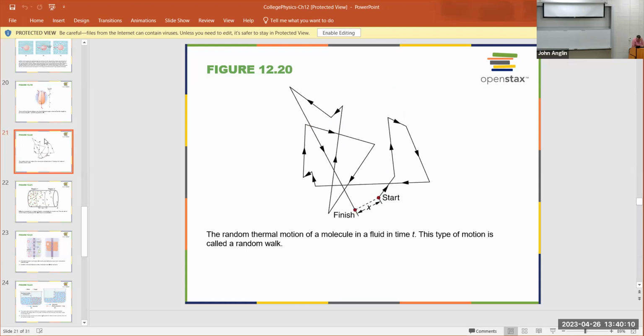Let's see. Yeah, what if it's not constant? This is called random walk. I'm not going to have you do these kind of problems because they're gross. Random walk is important to me as an astrophysicist because this tells me something about the life cycle of a star. Basically, what we're looking at is if we have some particle, let's say here to start, and this particle moves in a known density of a fluid,